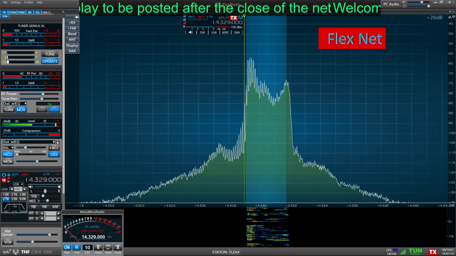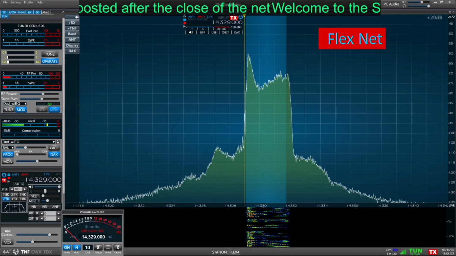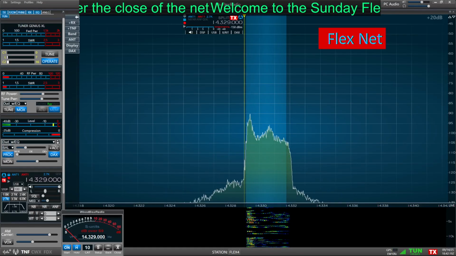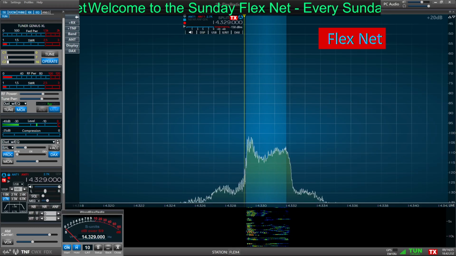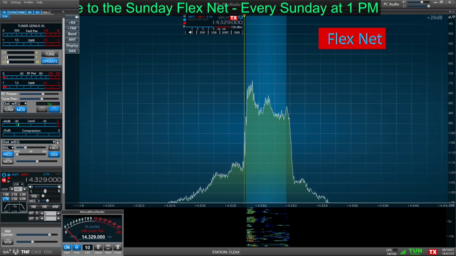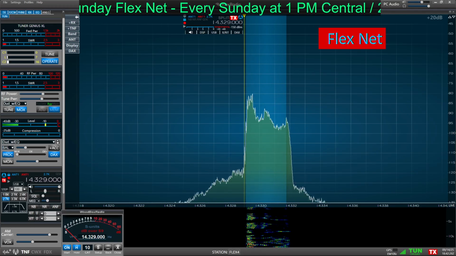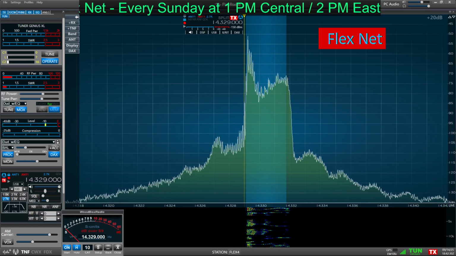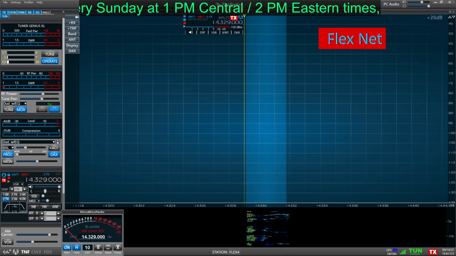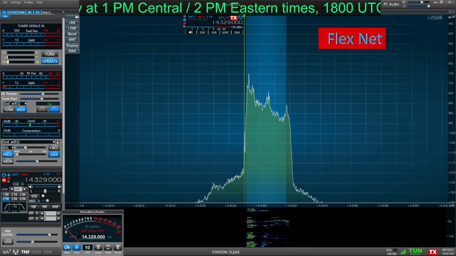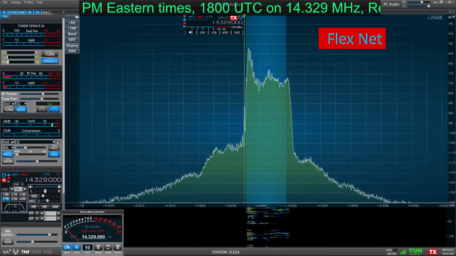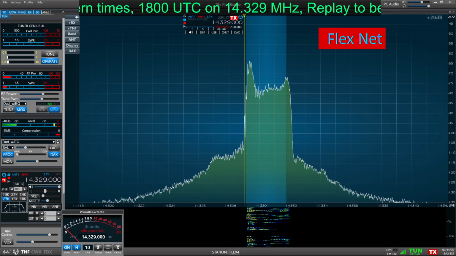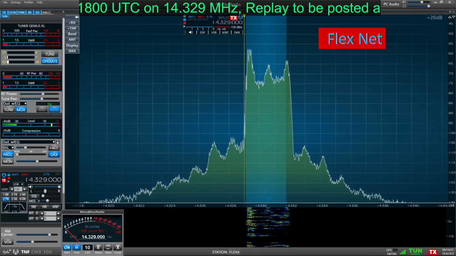Okay, let me see if I can get CQ200 to repeat here. Sometimes I mess up, and it doesn't. I have to mute one thing and start something else, and we'll try this. All right, anyone on CQ200 that would like to check into the FlexNet, come in at this time, please. This is WA5QPZ.